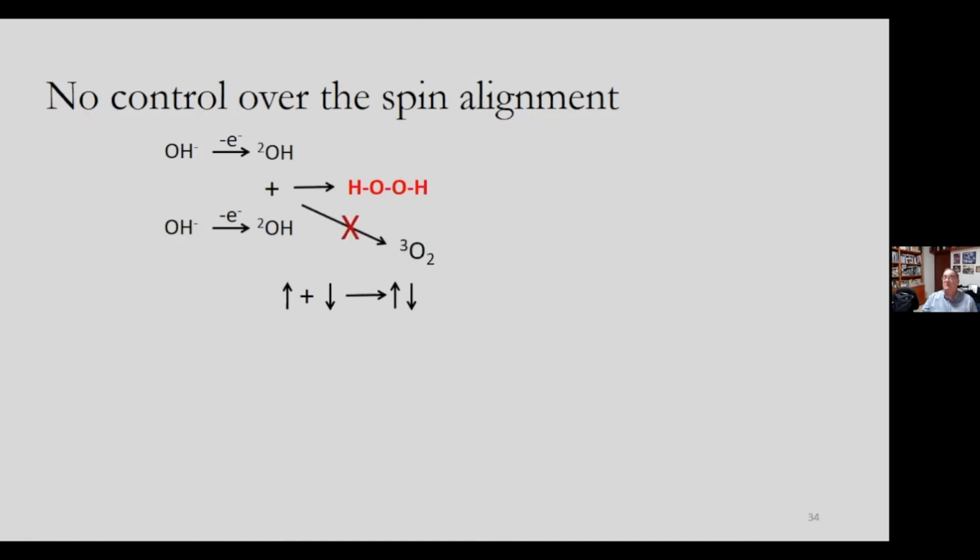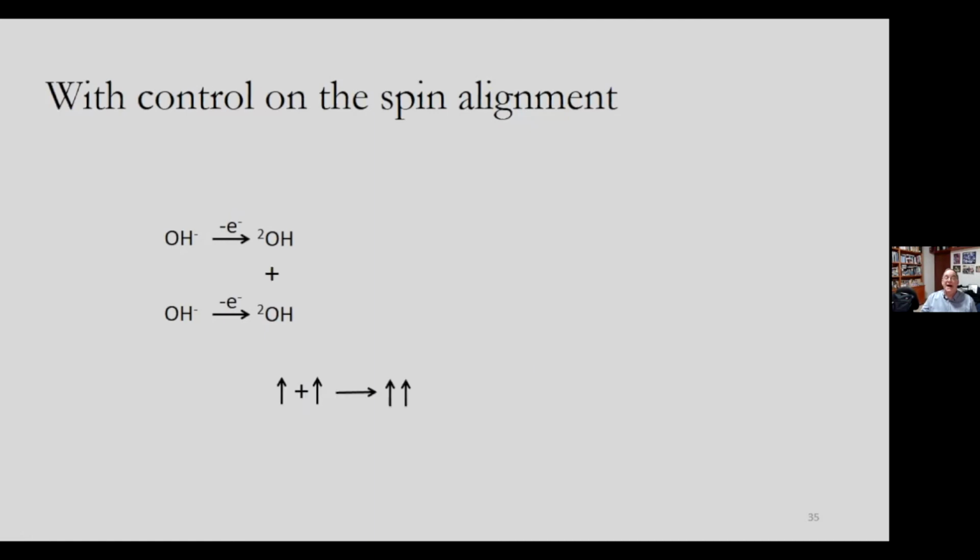However, we will not be able to form the oxygen that we want, which is triplet. Now, if we align the spins and they are parallel to each other, we are on a triplet surface, and therefore we will not form hydrogen peroxide, but we will form oxygen and hydrogen as we want. So the whole idea is, let's make all the spins be in a line, and the way to do it